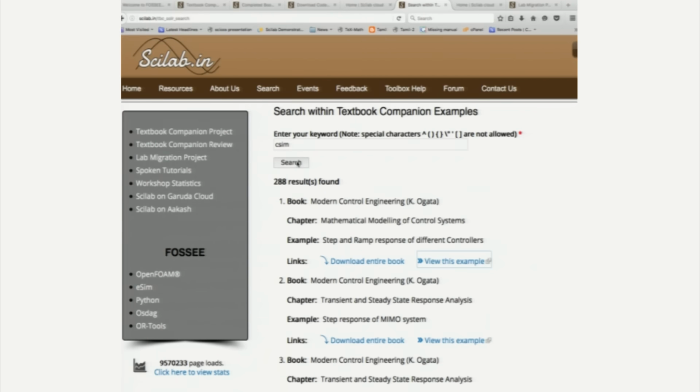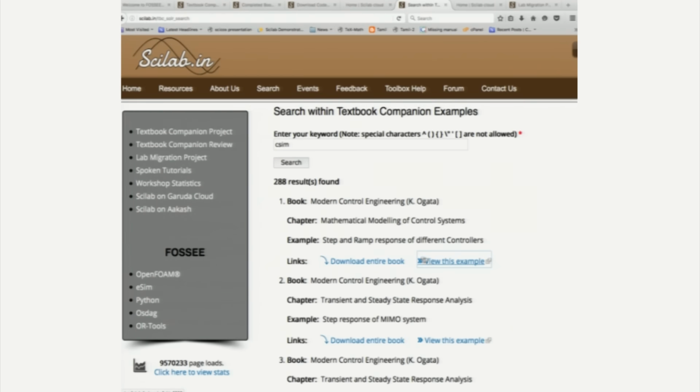When I did the search, I get all these different usages. If you do a web search, let us say a Google search, and you search by csim, you will get a million hits, but not many of them could be relevant to you. Whereas here it gives all the relevant things along with the code.